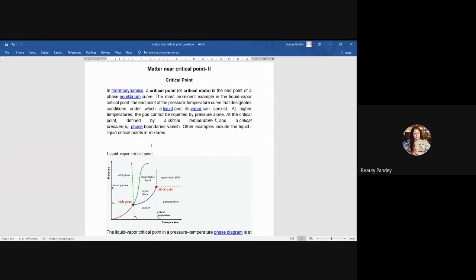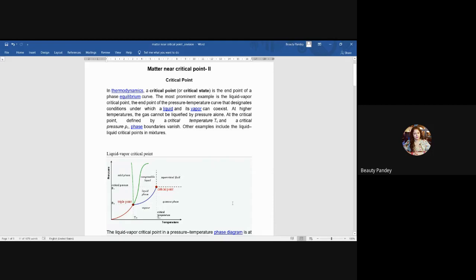Right? And what is the significance? Above temperatures higher than the critical temperature, a gas cannot be liquefied, no matter how much the pressure is. Also, if the temperature is lower than the critical point, then also the gas cannot be liquefied. Second, even if your temperature is at the critical point, but your pressure is not sufficient, which is known as critical pressure, your gas won't be liquefied, right?